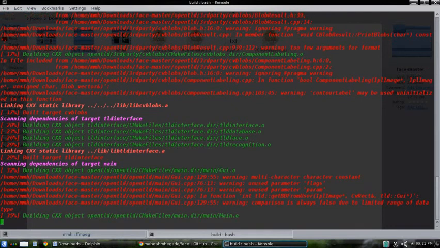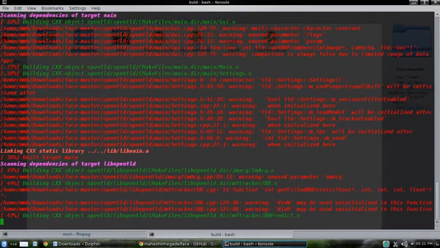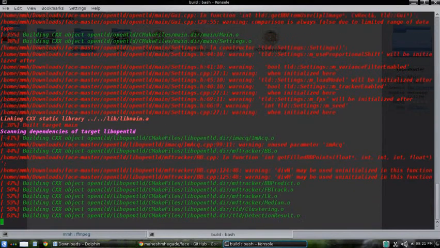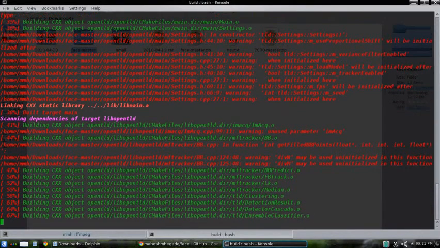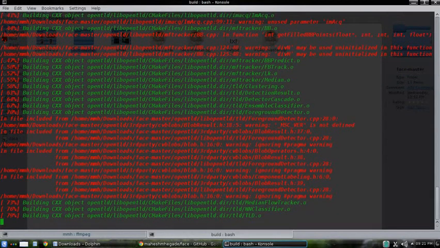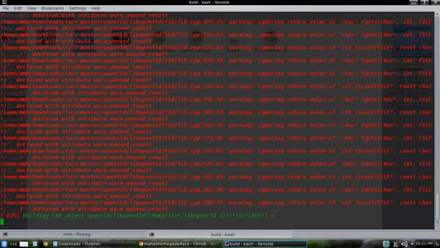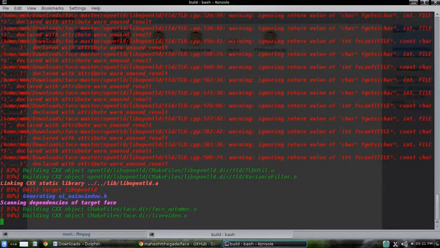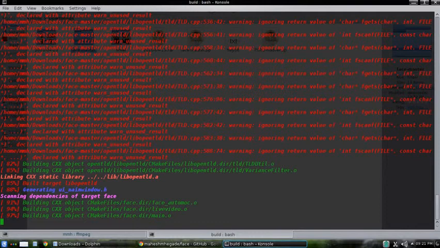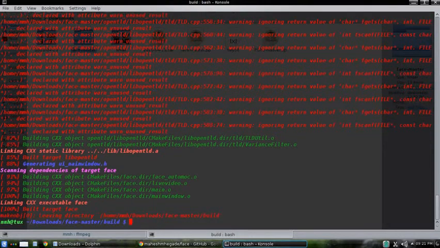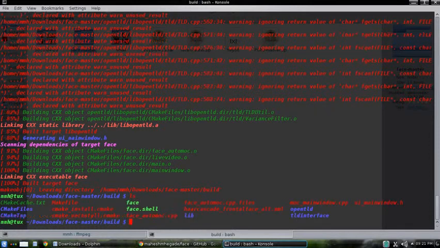You may resolve the dependencies if you find any errors in the compilation, like OpenCV or SQLite or Qt. Okay, now it has generated an executable file in the build directory itself.